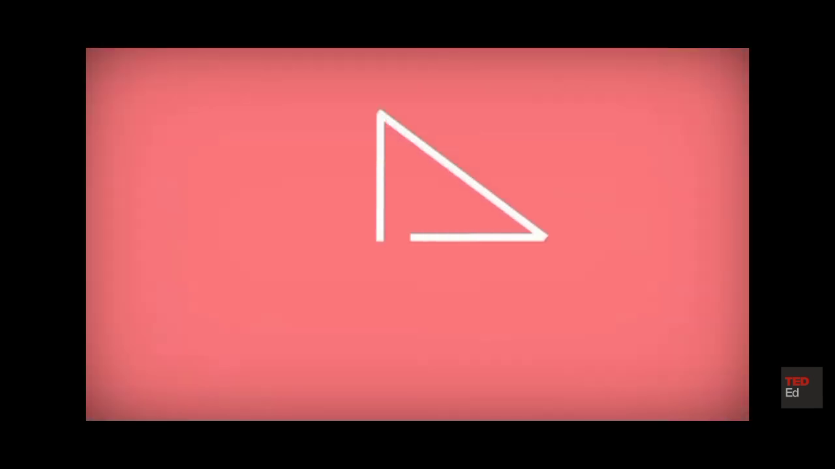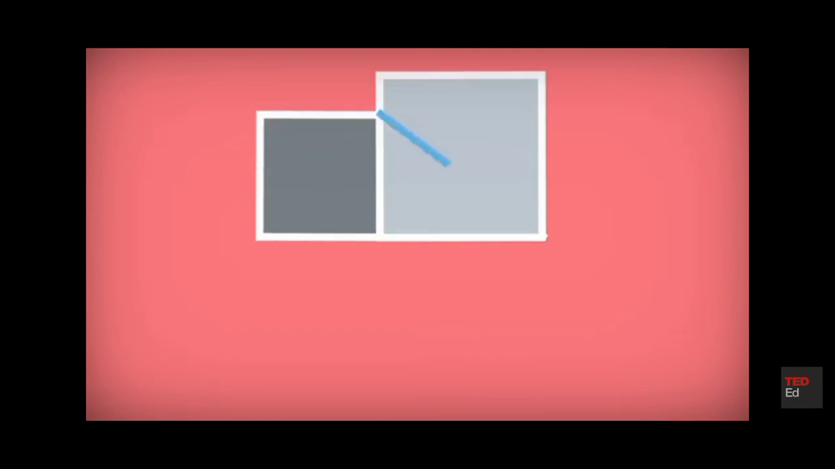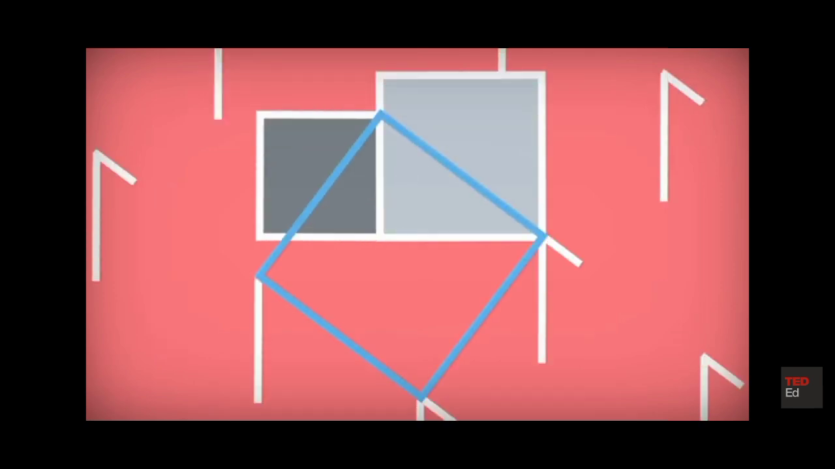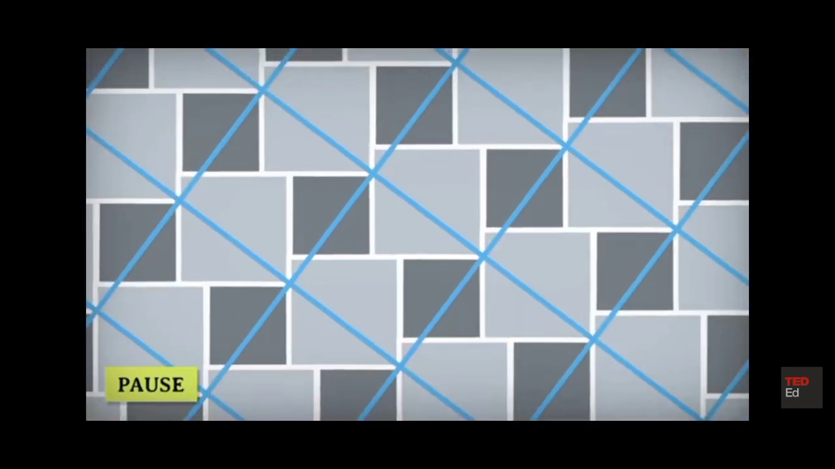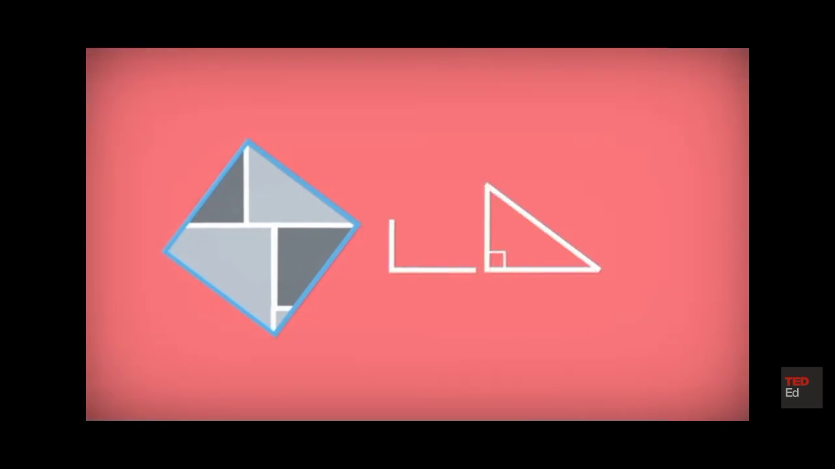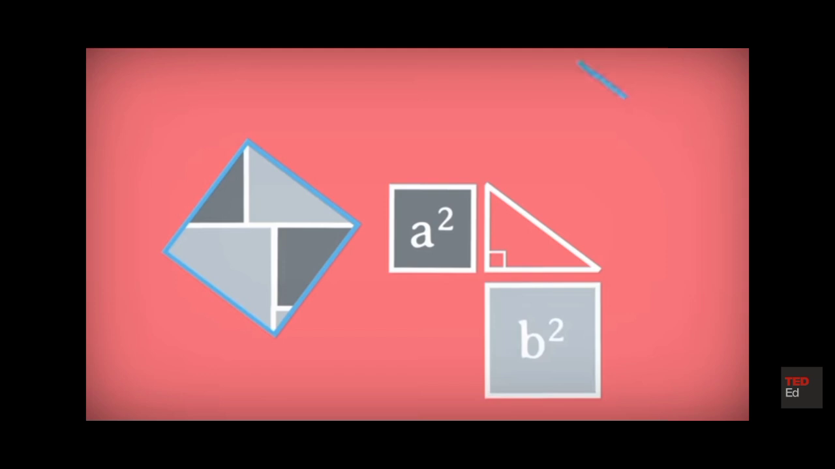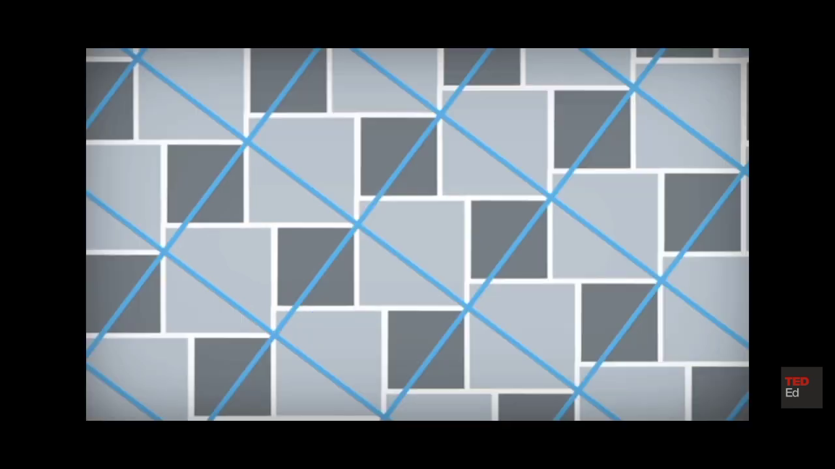Here's one that uses tessellation, a repeating geometric pattern, for a more visual proof. Can you see how it works? Pause the video if you'd like some time to think about it. Here's the answer. The dark gray square is A squared, and the light gray one is B squared. The one outlined in blue is C squared. Each blue outlined square contains the pieces of exactly one dark and one light gray square, proving the Pythagorean theorem